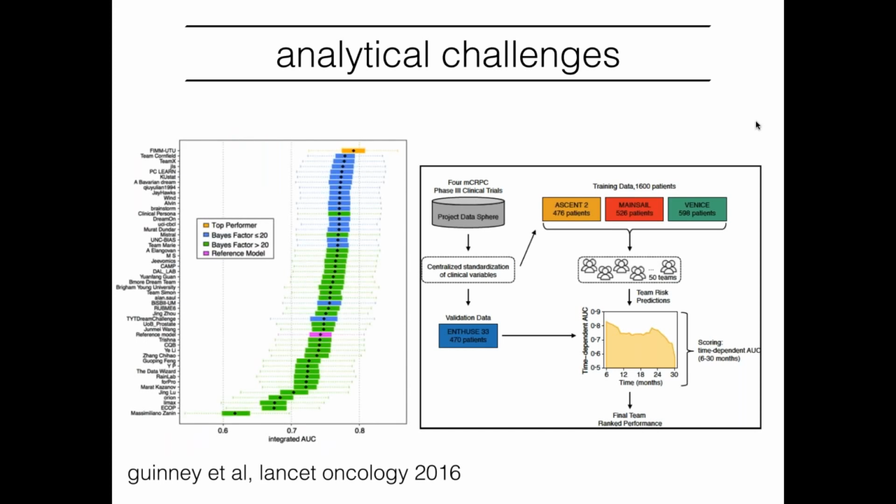And essentially what we saw as the output of this challenge was that there was, in fact, a prediction algorithm that had been developed by an academic group, a very, very good researcher. And if you can see here, I hope you can see my cursor, the pink box represents the integrated area under the curve for that model as it was deployed in these data sets. And you can see it fell in the bottom half of the tested algorithms, and was outperformed by a good number of them.